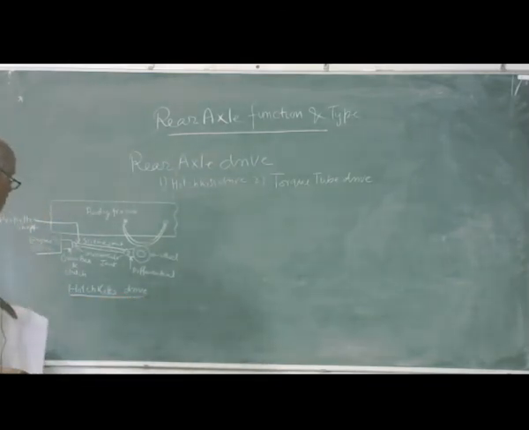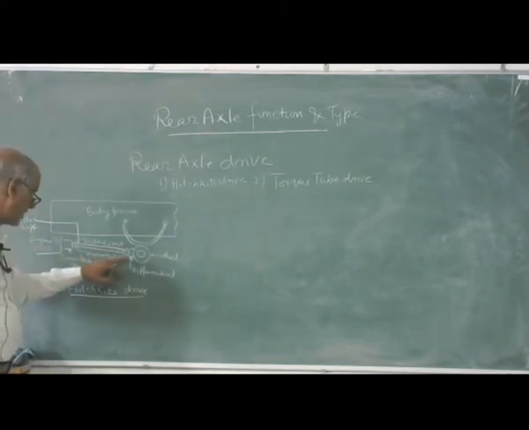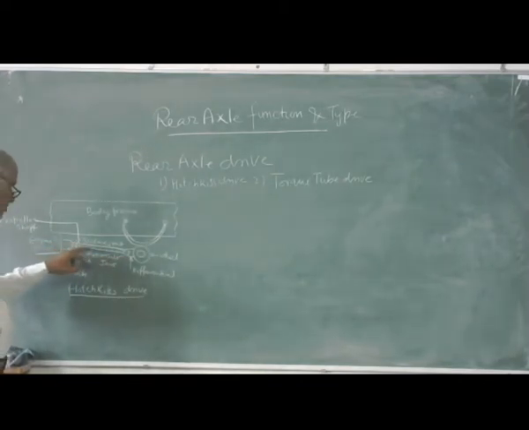The Hotchkiss drive. There is the engine, gearbox and clutches, universal joint. There are two universal joints. This is a universal joint here and at the end here. This is your propeller shaft, which is transferring the power to the rear wheel. And this is the sliding joint.